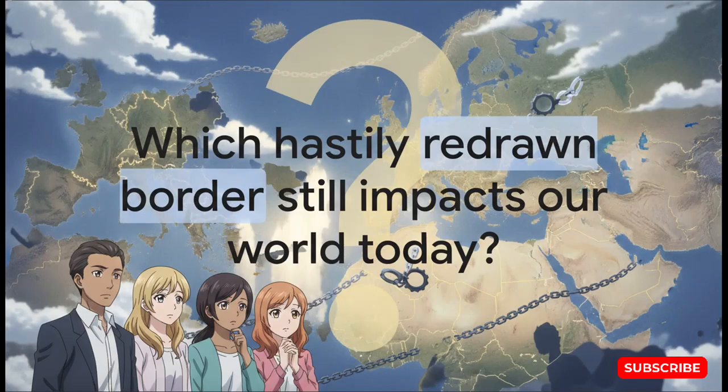But as we reflect on everything we've covered in this explainer, we really have to recognize that these treaties didn't actually secure a lasting peace. They merely sowed the seeds of future conflict. So, I want to leave you with this to consider. Looking at the map of the modern world, which of these hastily redrawn borders is still directly impacting global events today? Thank you so much for learning with us, and keep questioning the history that shapes our present.